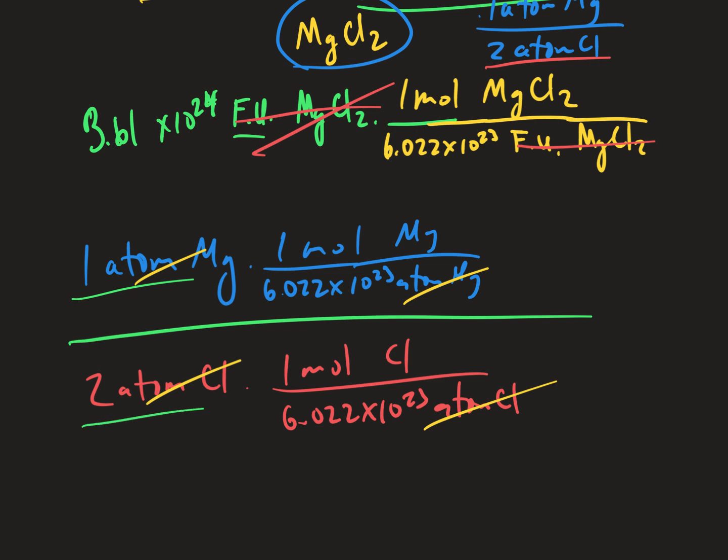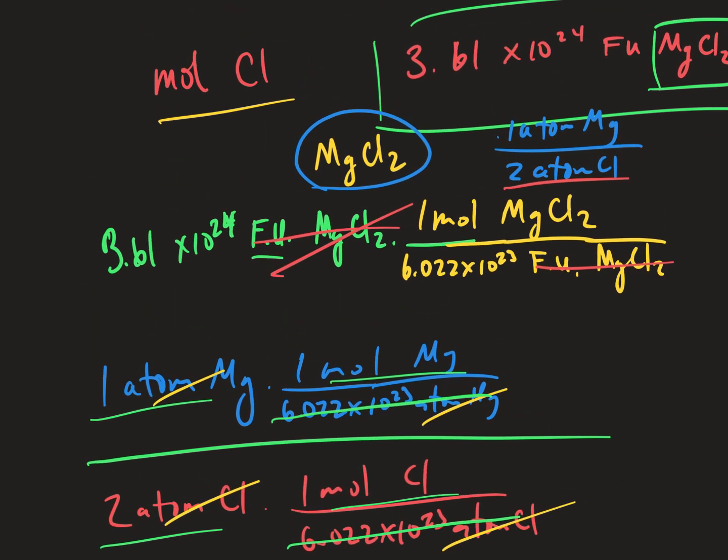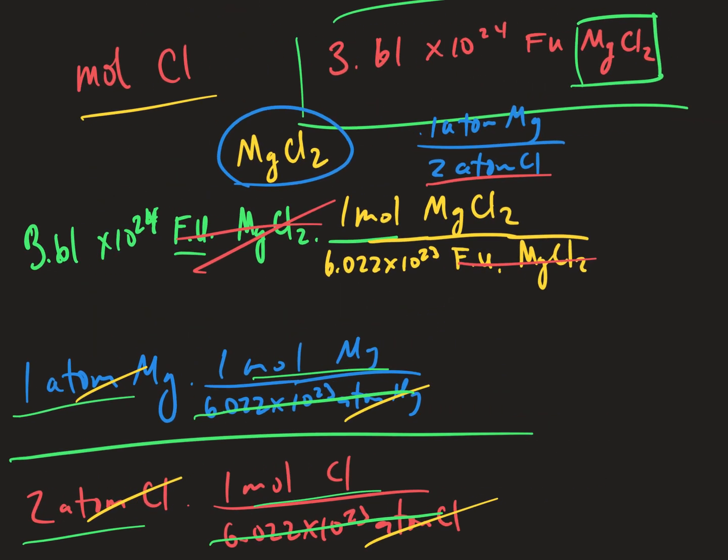1 atom to 2 atoms is a 1 to 2 ratio, right? But now we don't have atoms. We have moles of magnesium to moles of chlorine. Do you see that this cancels with this? So what's the ratio of moles of magnesium to moles of chlorine? It's still 1 to 2. You follow? So even though we don't have a balanced equation, we can still say